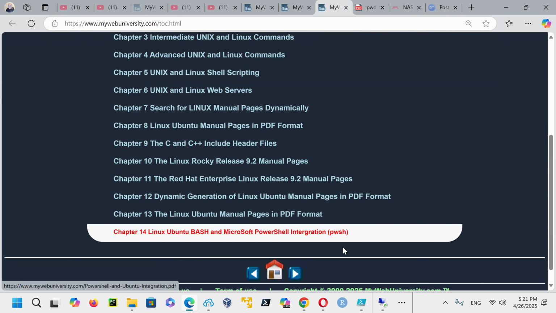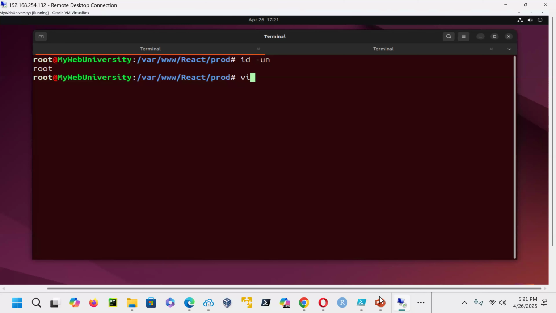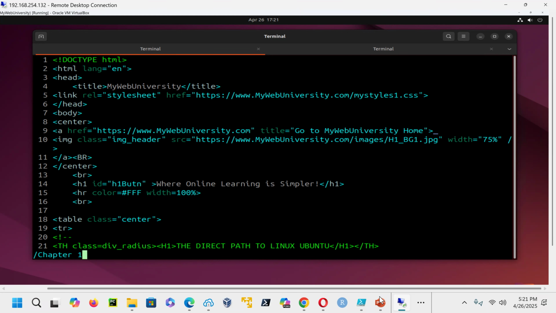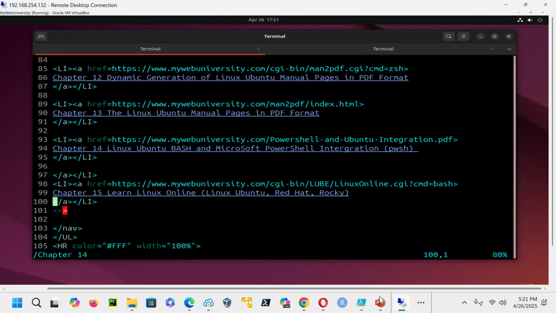Currently, you don't have a chapter 15. So I come back here and say vim table of content .html, and go to chapter 14, and I want to add chapter 15 similar to this one. I made a comment on this one because I wanted to make sure my script is ready, so I don't have to write all the notes. I'm going to take out these comments.